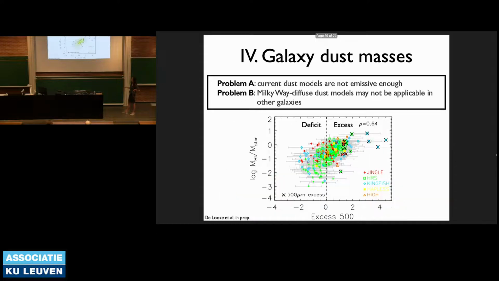Now, if we do this for a huge number of galaxies, we actually find very interesting trends, which suggest that there's a variation in the submillimeter excess, or the emissivity of dust grains, when galaxies evolve. In this plot in particular, we show the excess here. So all these galaxies here have excess emission. All these galaxies show a deficit. And this is as a function of HI over stellar mass ratio. So often this ratio is used to constrain the stage of evolution of a galaxy.